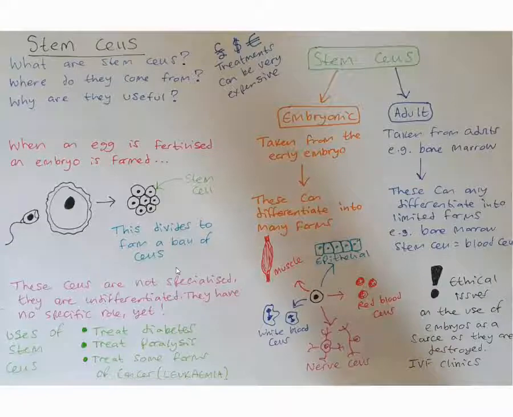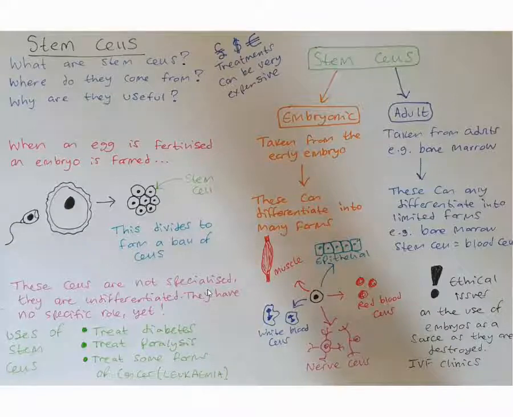Now, stem cells are really, really useful because they have the ability to adapt and change to become lots of different types of cells. So they can be used to treat diabetes, which is a problem with the pancreas. Okay, the pancreatic cells stop producing a hormone called insulin, so the patient can no longer control their own blood sugar levels. So the stem cells can actually regenerate